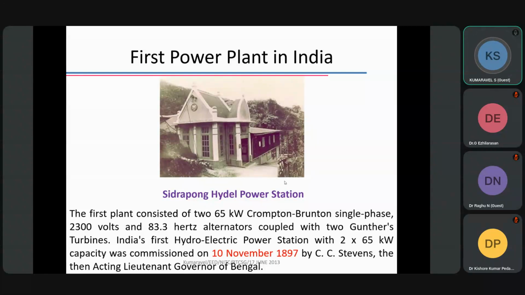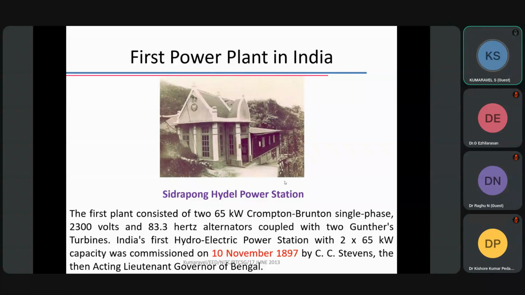From 1887, for more than 100 years, the entire world was revolved by only alternating current. The electricity was generated in the form of AC, transmitted in the form of AC, and utilized also in the form of AC. This entire power system is made up of RLC passive elements: resistor, inductor, capacitor. You take a load or a transformer or a transmission system or an alternator, every component and device in the power system is realized as an RLC component.